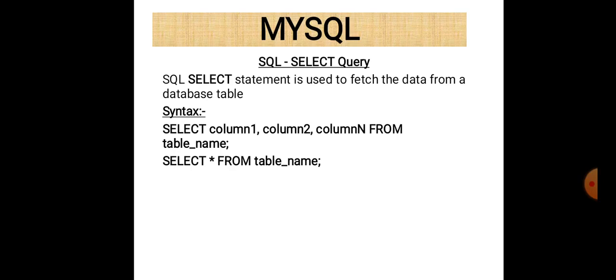Before going to some examples related to MySQL, there is another thing. If you want to select all columns, then write star. Select star from table name. Instead of writing any column name, just write star. That is the second syntax of MySQL. So you have two ways to select the columns. If you want to select a particular column or a group of columns, just name those columns after the select statement: select column name, then from, and then table name. And if you want to select all columns, then just write select star from table name.